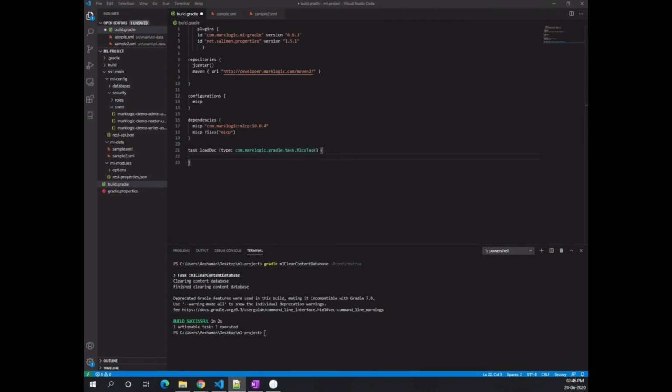I'll provide the classpath of the configuration, supply the mode as local, and the command will be import.